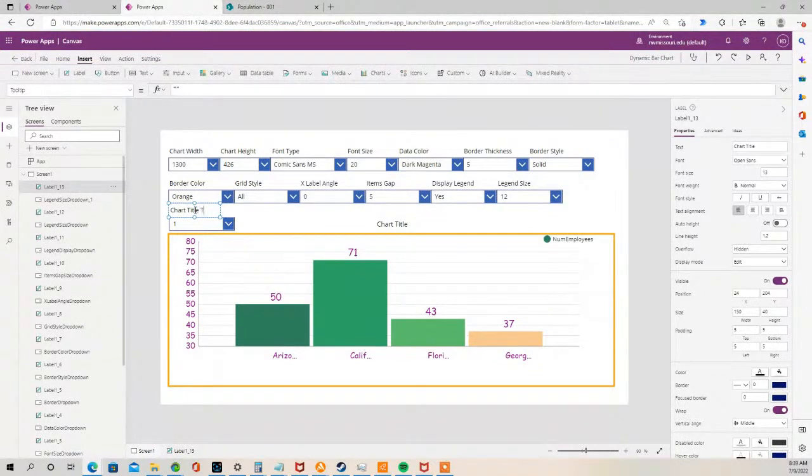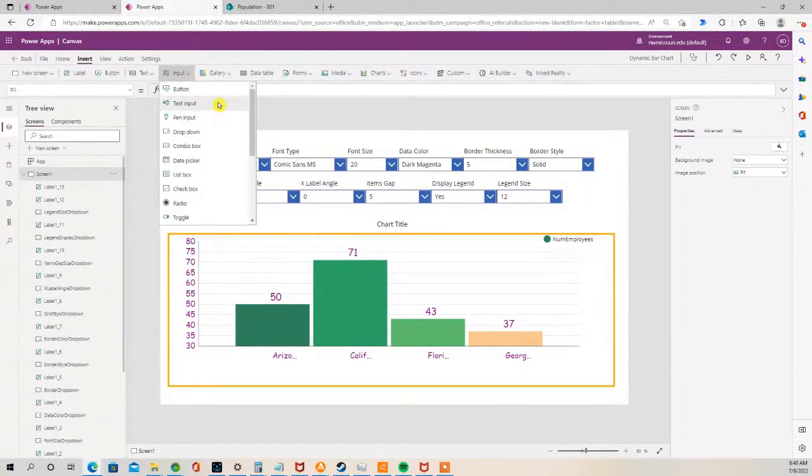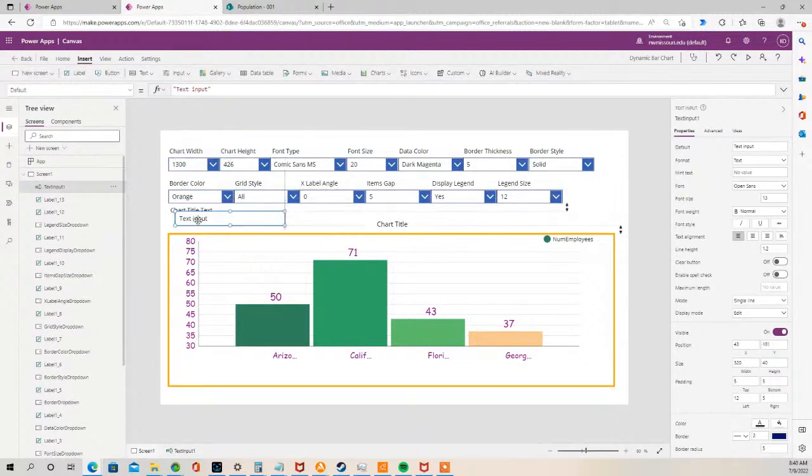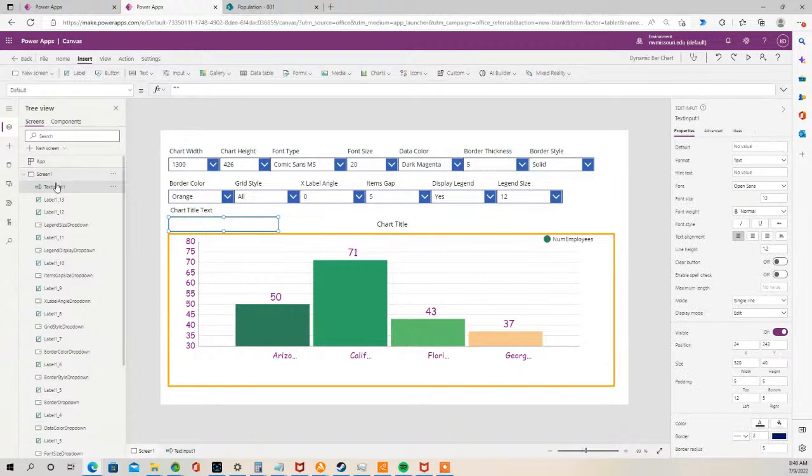Chart title text. Actually, this is going to be a text input instead of a drop down. Take the default out of there. I'm going to rename the control, the text box, to chart title